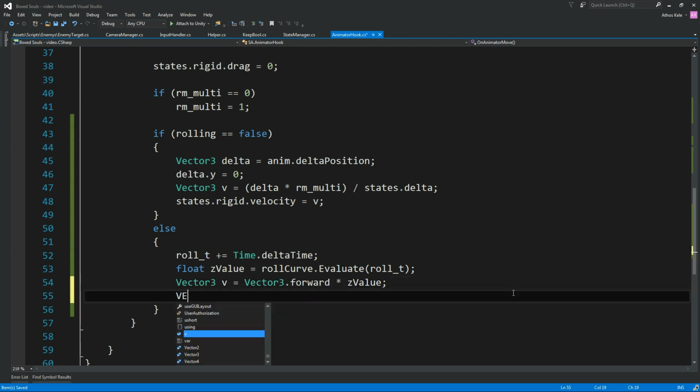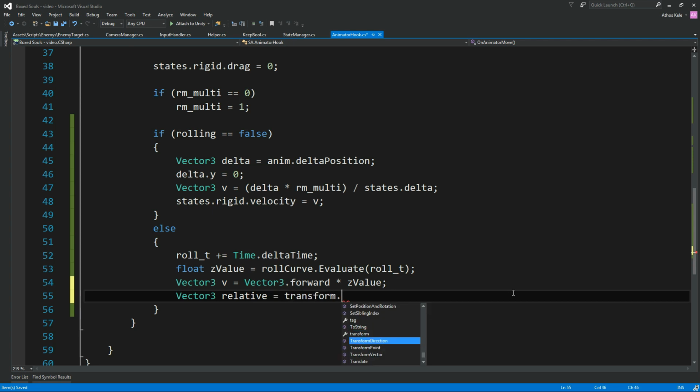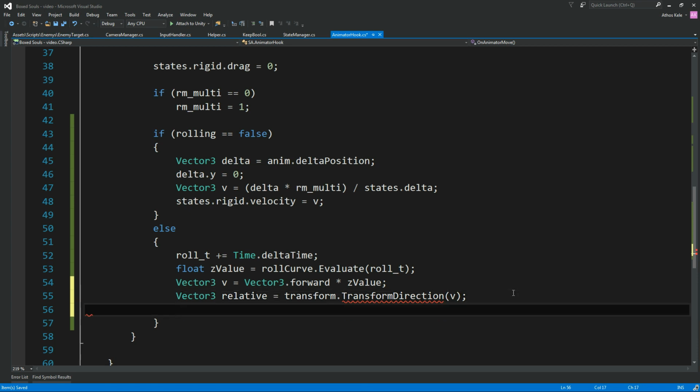So turning that into a relative position, I'm not entirely sure that we're going to need this, but let's just go with it. From local space to world space, TransformDirection, we want the v, so state's rigid.velocity will be our relative multiplied by our,